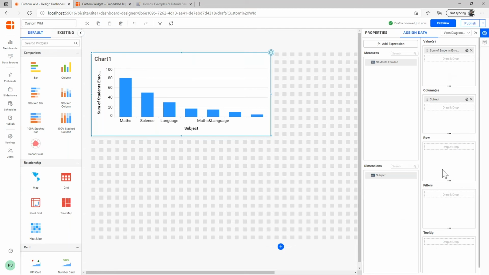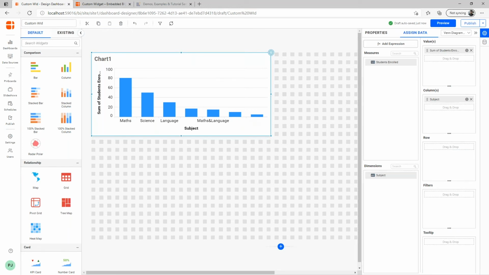But these sections vary from widget to widget. For example, if you use a grid, you may have only sections like column, hidden column, and filters. So these configurable sections may vary based on the widgets. So we allow our users to even configure these sections so that any user can just drag and drop the fields and configure the widget easily.